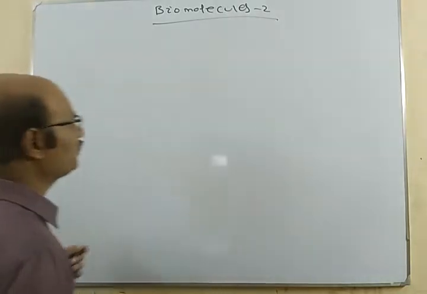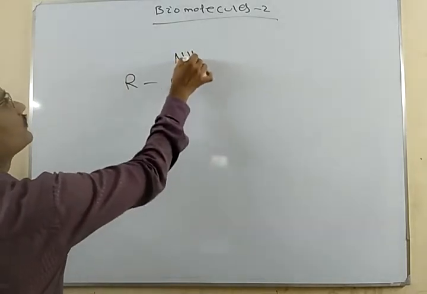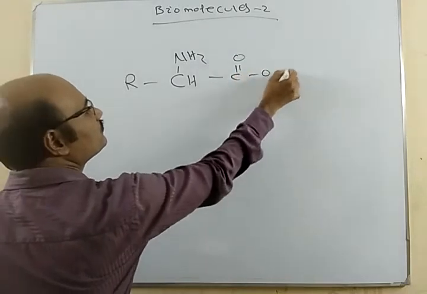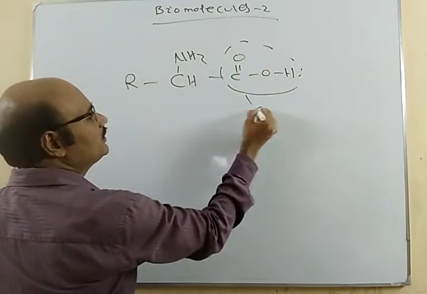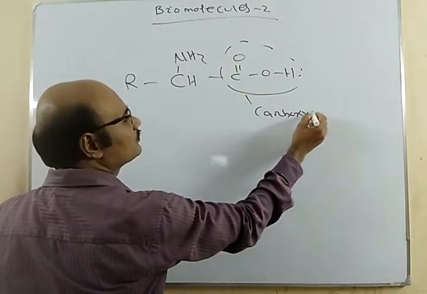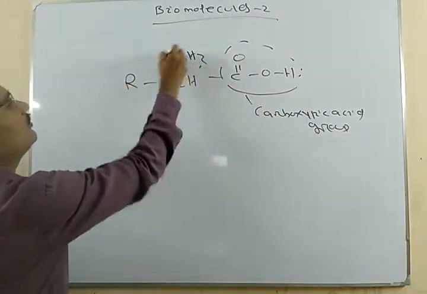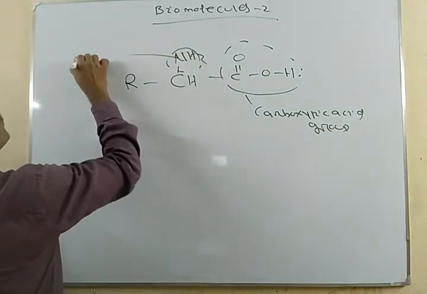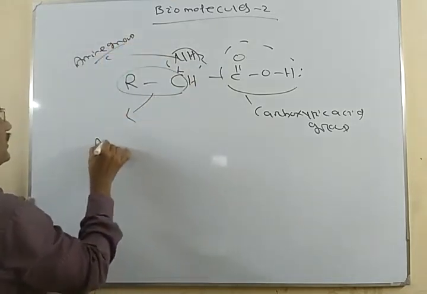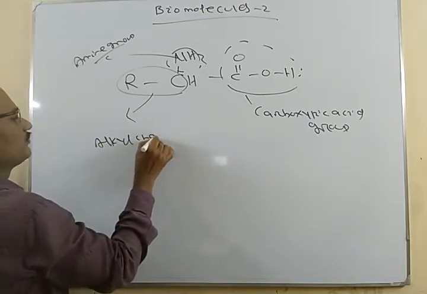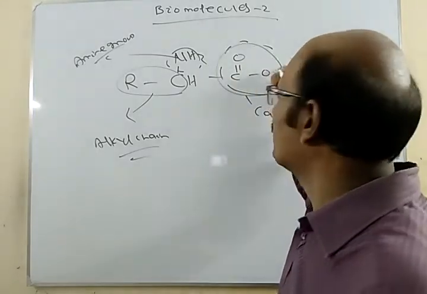For example, we can write R-CH(NH2)-COOH. You will see this is the carboxylic acid group, and this is the amine group, and this is the alkyl chain. So this is one compound where we have the acidic group COOH, and also the basic group